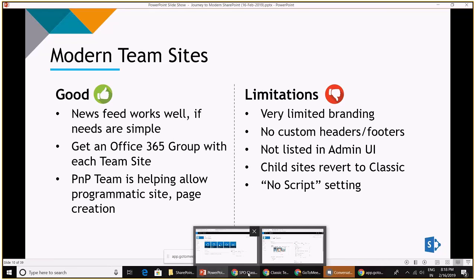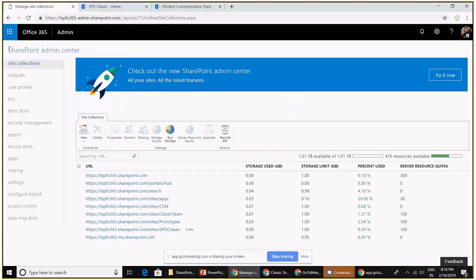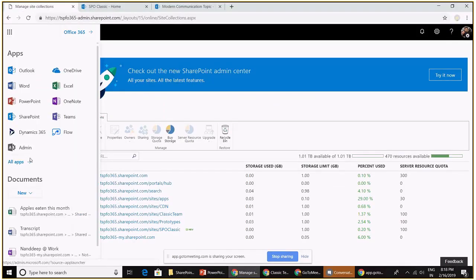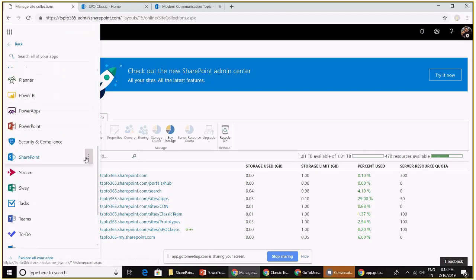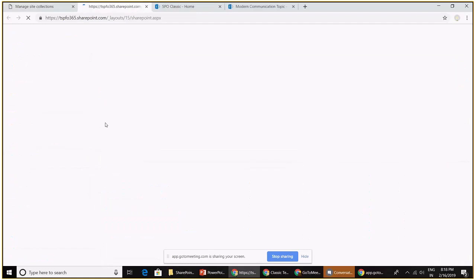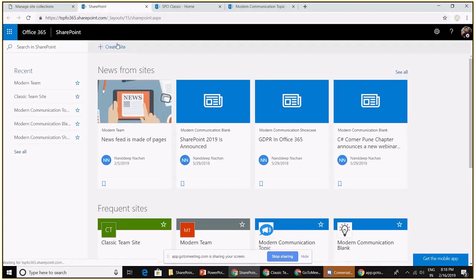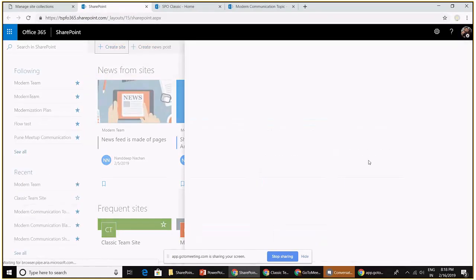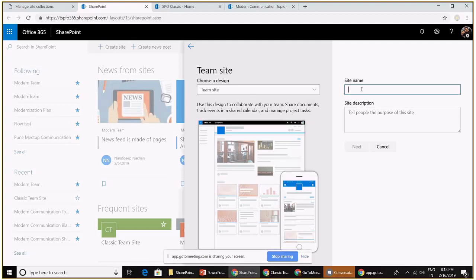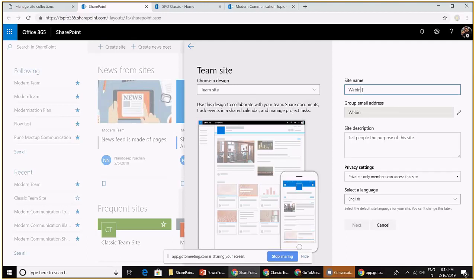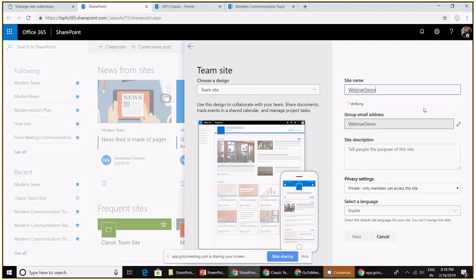If you want to create a new team site, it is very simple. We can just go here, click SharePoint, and maybe I will open it in a new tab. We click create site, and we get an option to create a team site or communication site. If we go for a team site, I will just call it webinar demo,